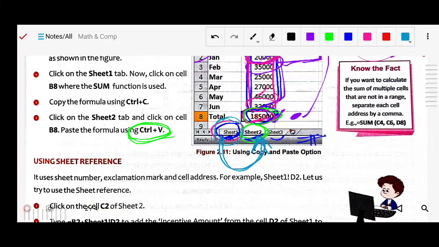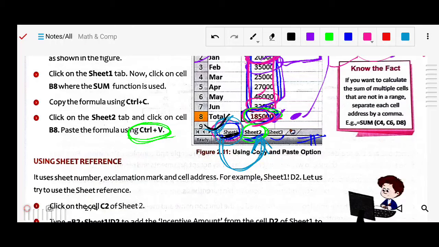You will see the addition result. Got it? So this is the method: you worked in Sheet 1, copied that formula, and pasted the same formula into Sheet 2, and that same formula will work there.